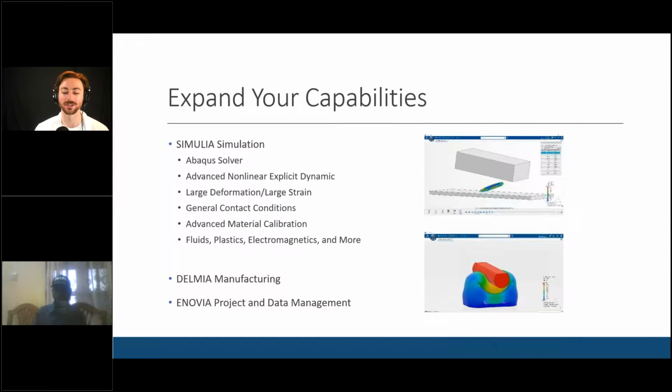So we see that simulation on the bottom with a lot of complex contact there, of surfaces coming in contact with each other. Without general contact, which is my next step, you'd have to set up each individual surface that's going to come in contact with each other in the simulation. But with this, it'll automatically detect every single contact and take that into consideration when running the simulation.